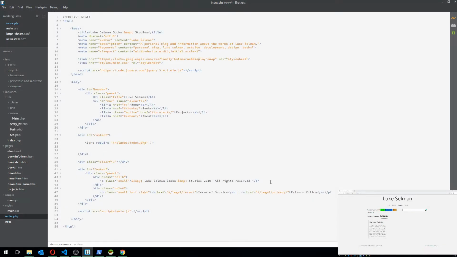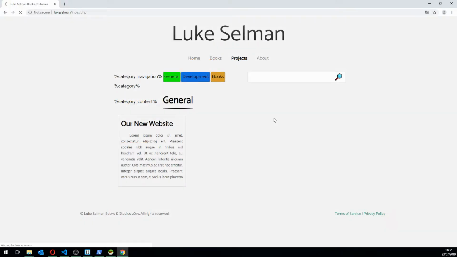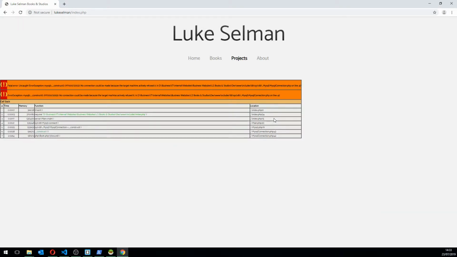But if, say, for example, I decided to turn off the MySQL server, let's just turn it off. Stop service. And then let's try it again. And now I can't connect. So, I mean, we didn't actually get our error, probably because it threw this error, as you can see. So it's thrown this uncaught error exception: MySQL cannot connect to the targets. But anyway,